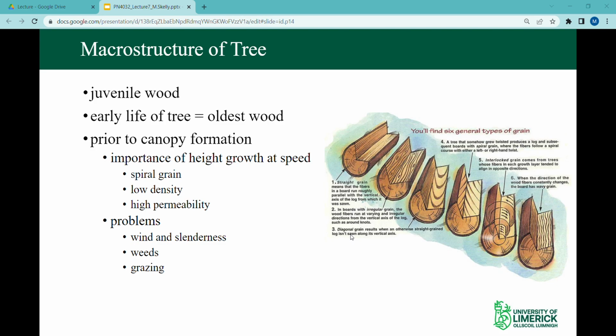If we're looking at the macrostructure of a tree, we're talking a little bit here about juvenile wood. Juvenile wood is very soft, very malleable, and it allows for flexing and moving of timber. So that's something that's important. As a species is young, if something happens within that forestry stand, that tree can be affected a lot, and it can cause problems within the grain itself. So the early life of a tree is very important, that the actual forestry is maintained and taken care of,